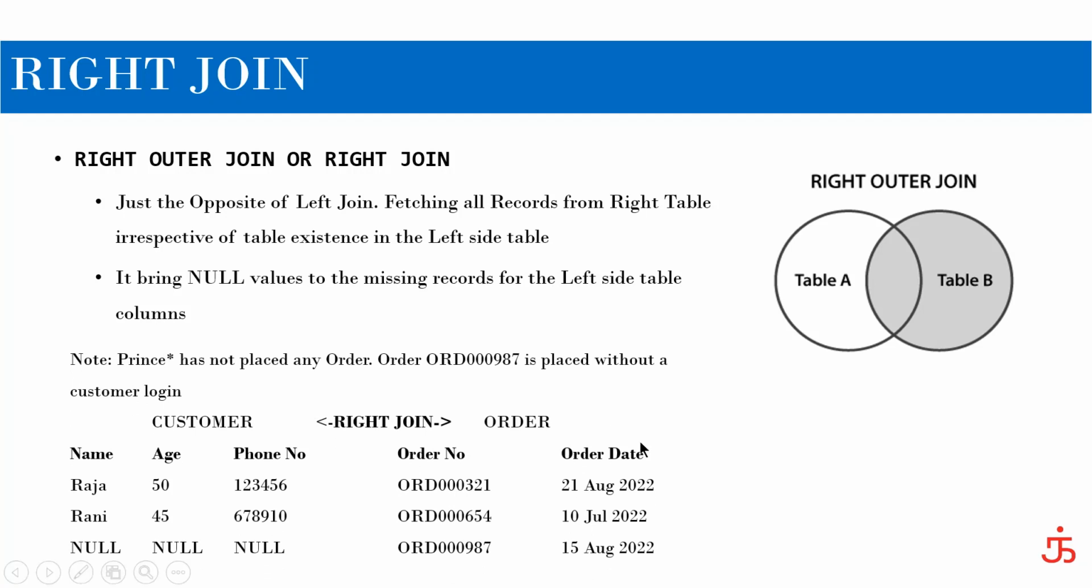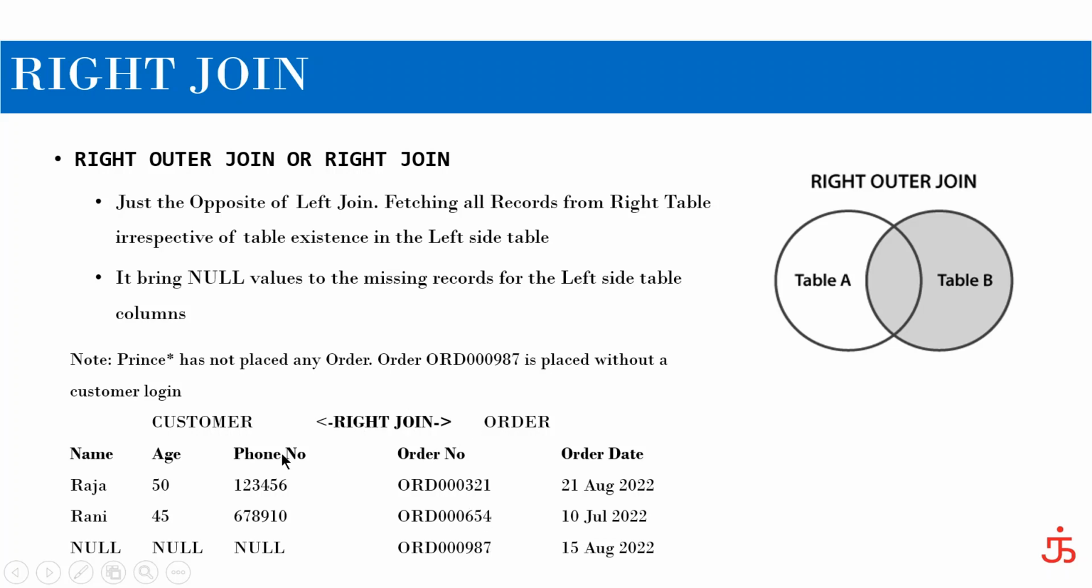For example, let's say there is an order which has been generated against a guest customer. There is no valid customer, just a one-time customer, so they have not created any customer data for that customer. They have just given the parcel. Now in such a scenario, if I use a right join with customer on the left side and order on the right side,